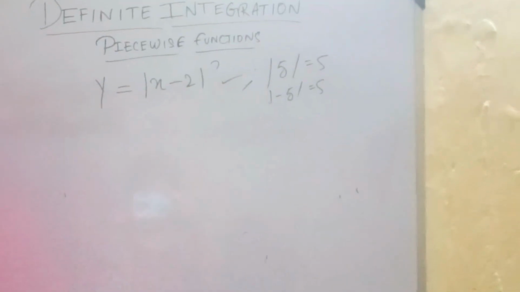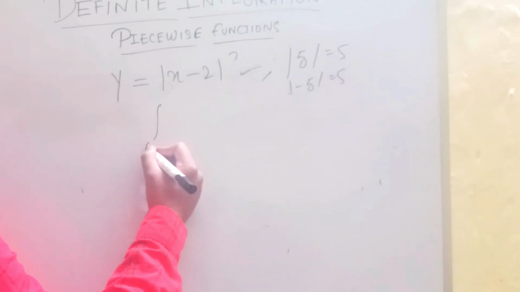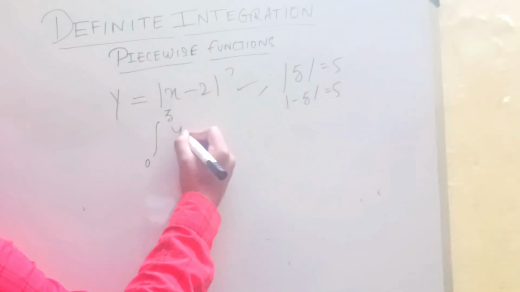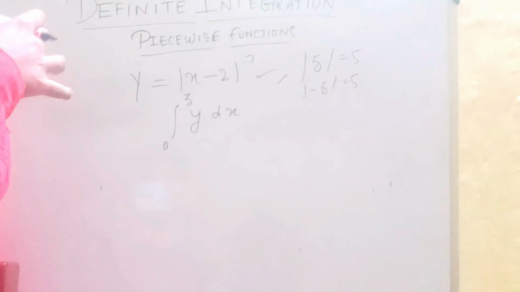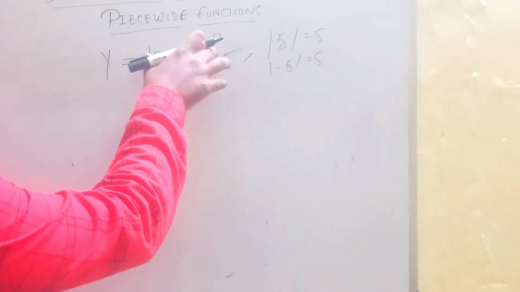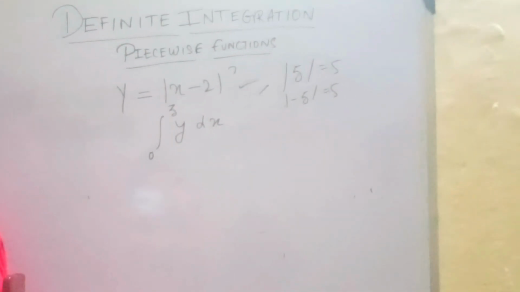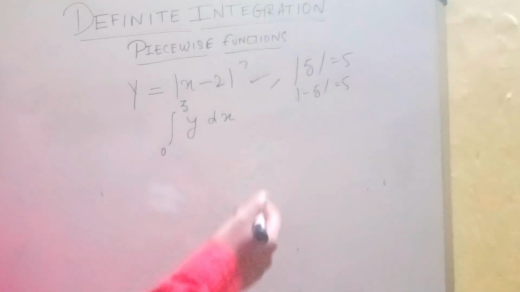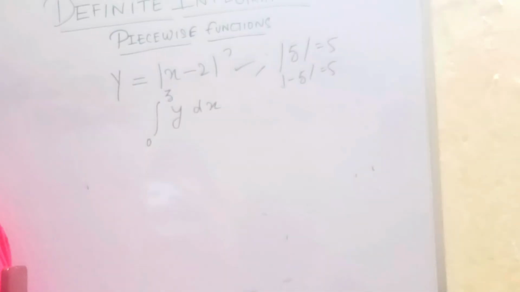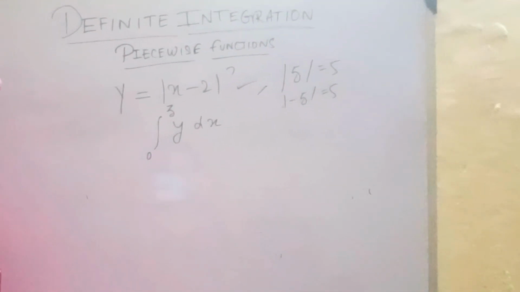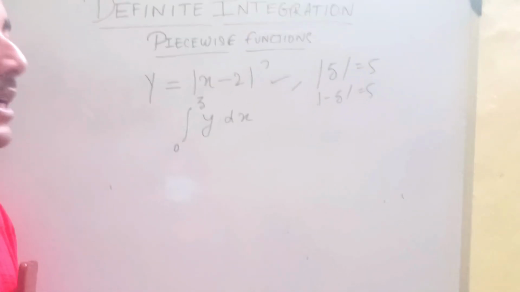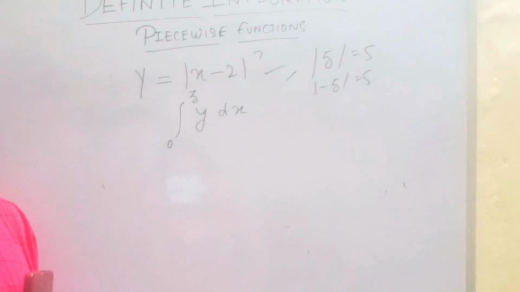So we are basically defining a variable function here in terms of mod. And we are asked to find the definite integration from 0 to 3 of y dx. Now, how do you propose to solve this integration? Well, at first it might seem that if you were to just do x minus 2 dx, it would have been easy, right? Because you simply apply the formula of x dx and then 2 dx. But it's not so easy here, because the modulus function, the absolute value function, basically behaves differently under different